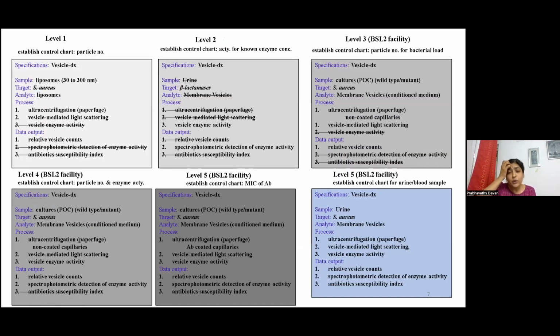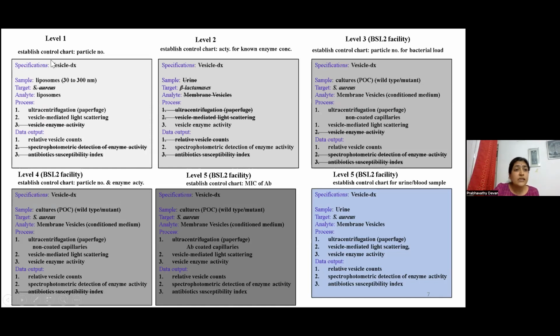So how am I going to take this forward? Because I know this is scientifically heavy and it requires a lot of support and a BSL2 facility to perform the whole panel of experiments, right? So I thought level 1 and 2 can be something which can be set up on the bench, and I don't really need a BSL2 facility to perform them.